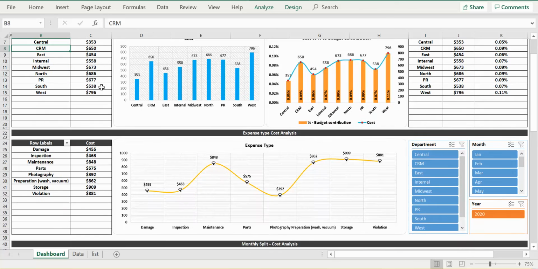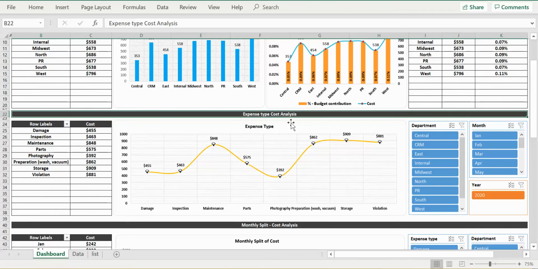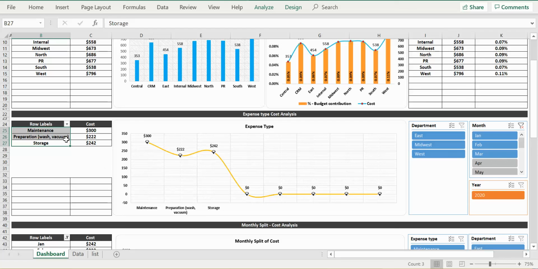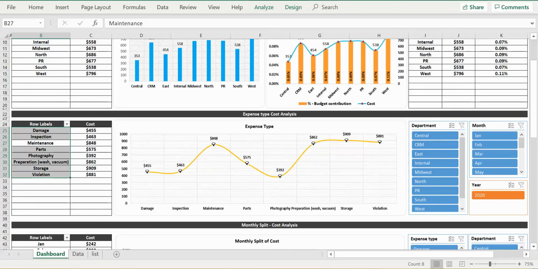Moving on to the expense cost type analysis, you can see the expense type here, the cost here and the trend here. Let's say you wanted to see how much you spent only in a particular month, or let's say one quarter. We can select that, the data will be automatically refreshed and you can see it. If you click on this, you can see the whole thing.